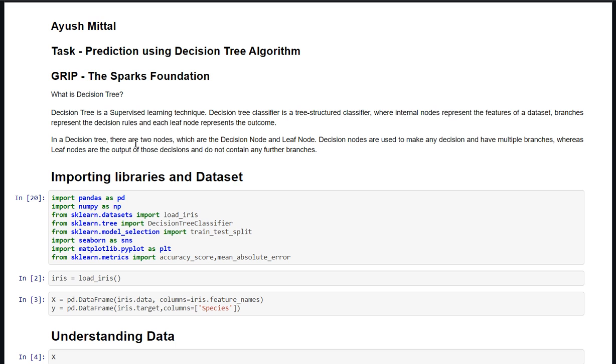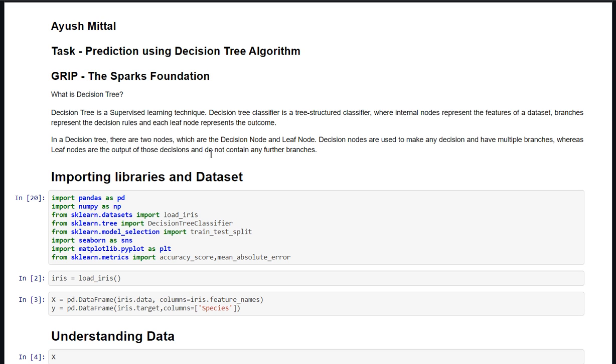In a decision tree, there are two nodes, which are the decision node and leaf node. Decision nodes are used to make any decision and have multiple branches, whereas leaf nodes are the output of those decisions and do not contain any further branches.